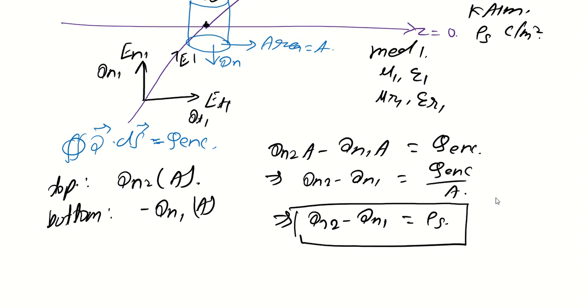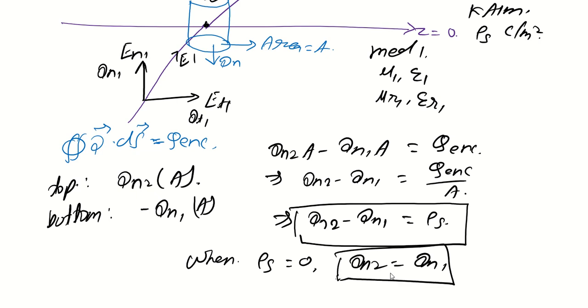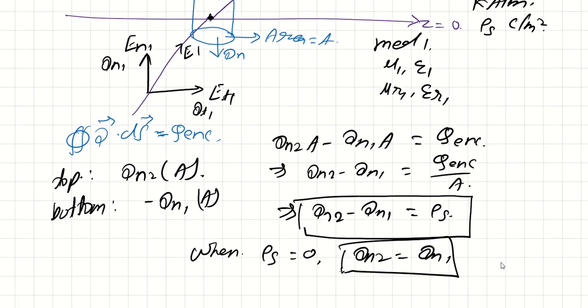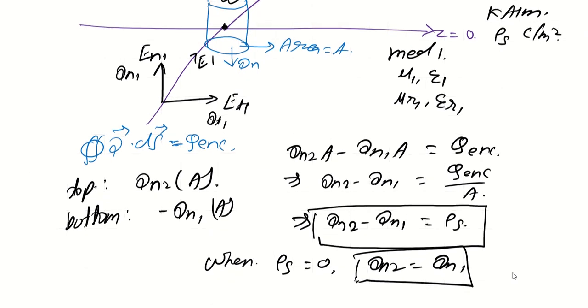So as we can see, the normal component of electric flux, not electric field, electric flux, is discontinuous at the surface which is separating the medium. So this is the relation that you have to understand. Now if the surface separating the medium is charge free, then Dn2 will be equal to Dn1. That's how you get the relation, when there is no charge, then Dn2 will become Dn1. So very easily you can understand that Et2 will be equal to Et1 and Dn2 will be equal to Dn1. Similarly we can see for magnetic field.